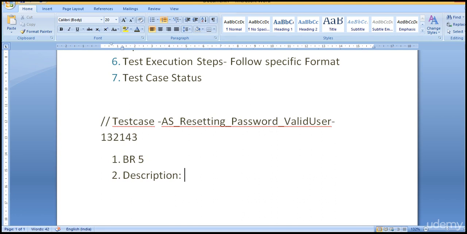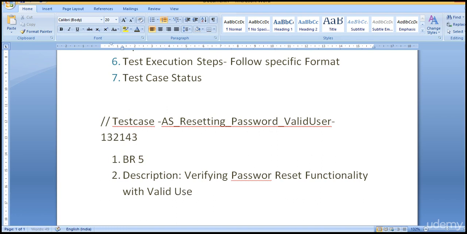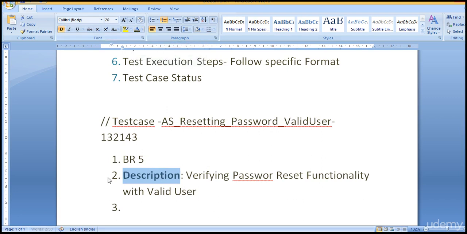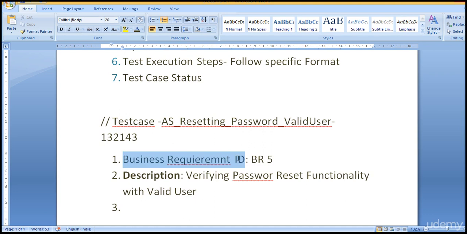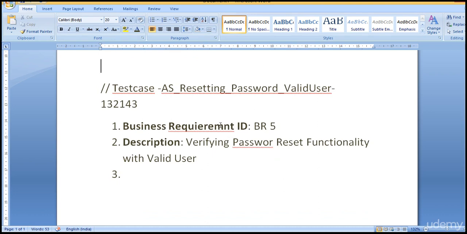Okay, that's it. This is the proper description. Let me write it in bold. Right. So next,